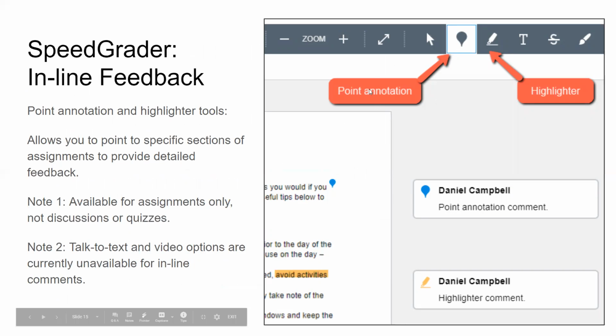It could be a series of discussion posts. It could be a paper. It could be their quiz results, etc., whatever it might be. On the right side is going to be a side panel that we'll talk about in a second. So when you're looking at the student work, in some cases, you're going to have the ability to do what